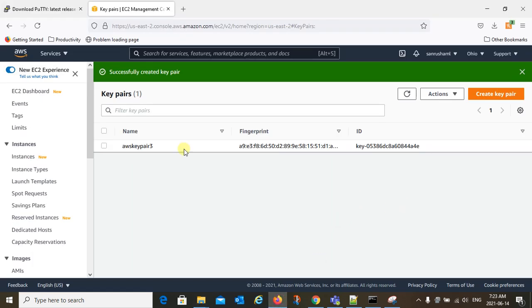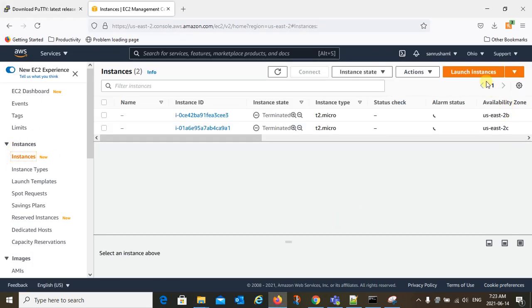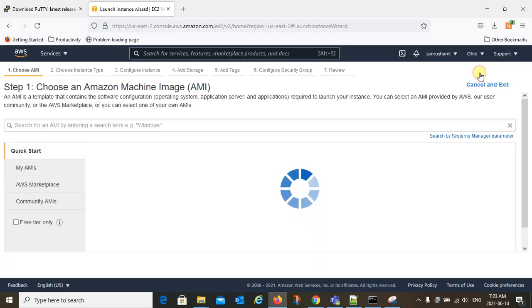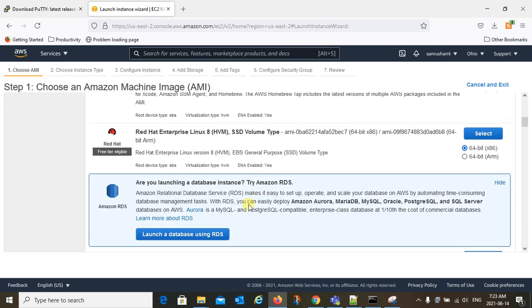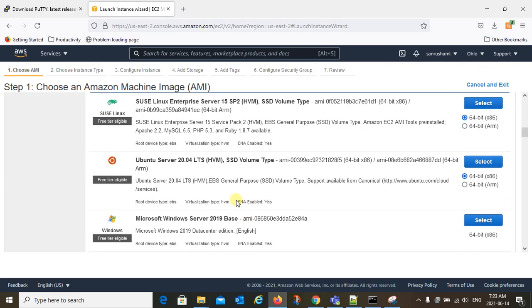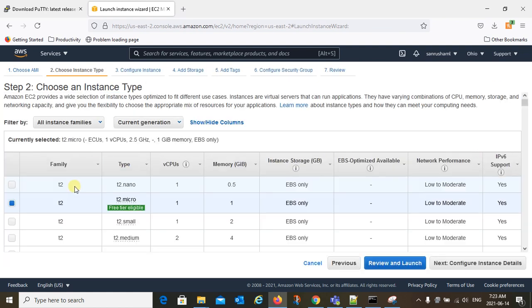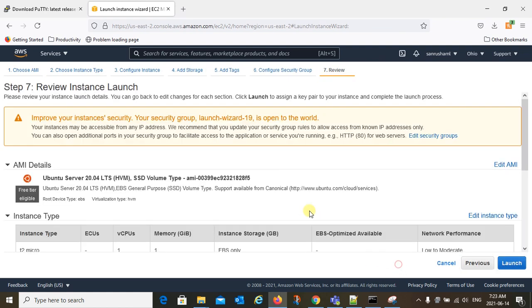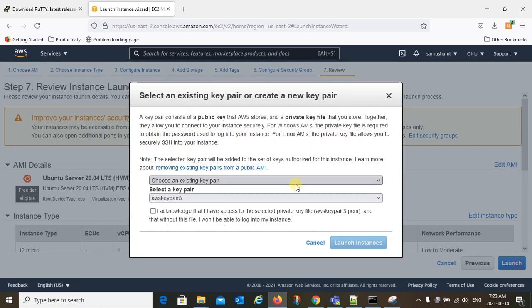Now it's time to create an instance. Go to instance, launch an instance. I am going to launch an Ubuntu instance. It does not matter which instance you launch. Review and launch.